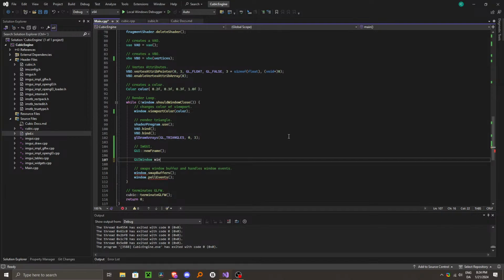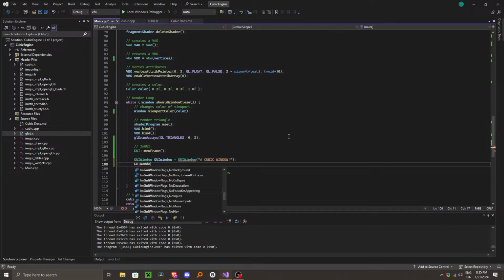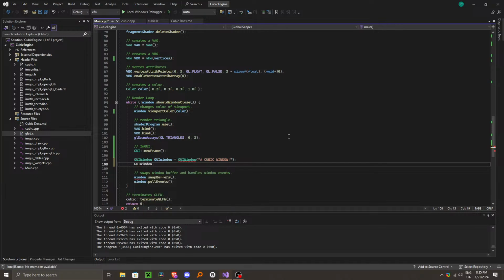Let's go GUI window, and let's set it equal to GUI window. Let's give it the name A. Window. And let's call it A. Then afterwards, let's go GUI dot GUI window and